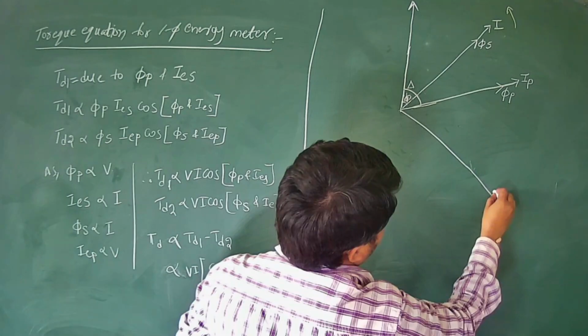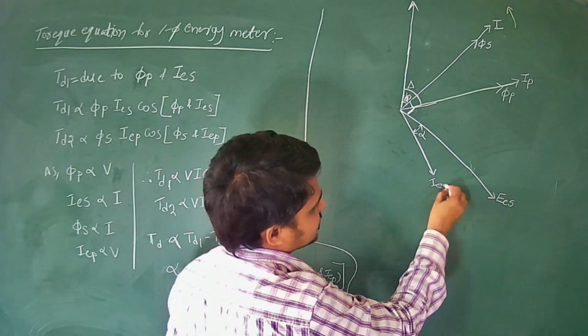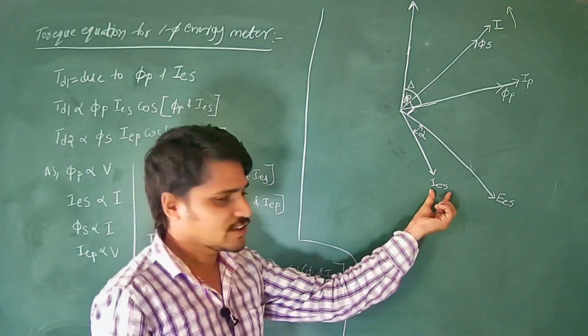Whenever there is an eddy EMF, because of this eddy EMF there is a circulating current called eddy current. These eddy currents lag the eddy EMF by an angle alpha. Let us say this is alpha. Now this I_ES is the eddy current due to this eddy EMF, because of the series flux. Now, due to the flux in the pressure coil, the rate of change of flux linkages,